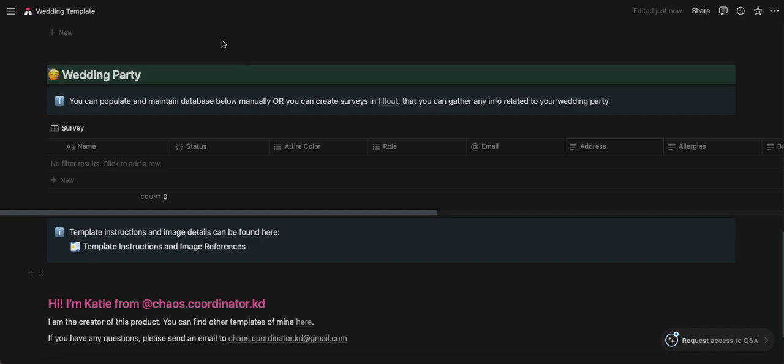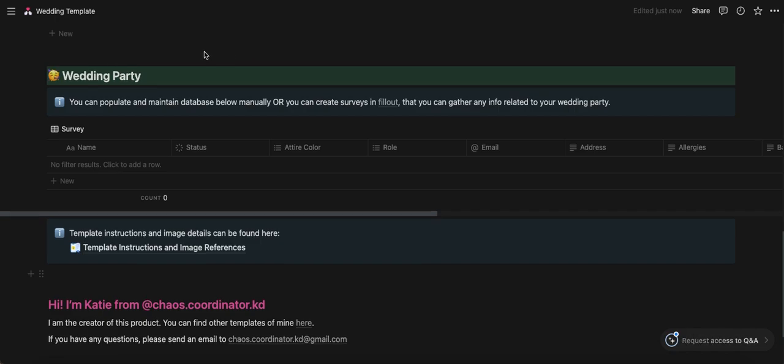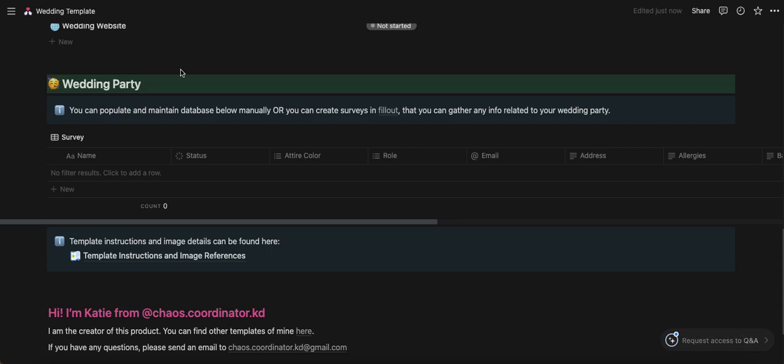All right. And last but not least is the wedding party section. So this is a section that I use to really survey my group and then just keep all that information in one place. So for example, when we were asking people to be in our wedding, I created these little